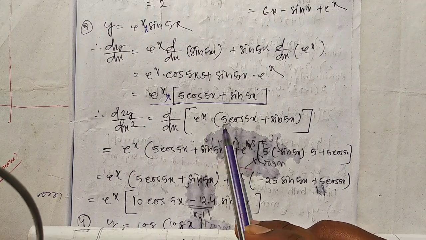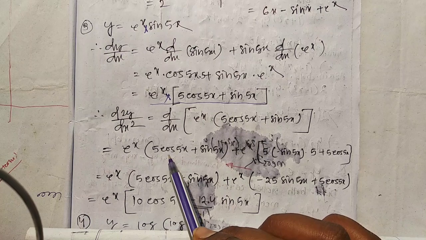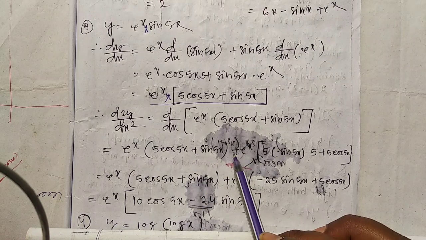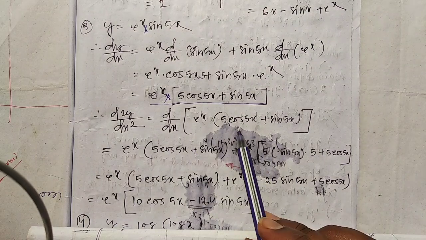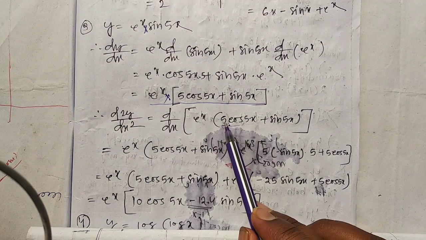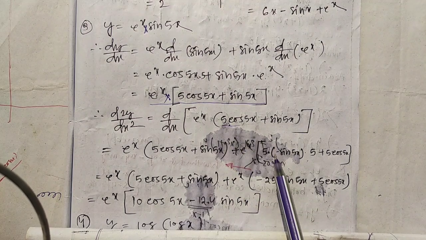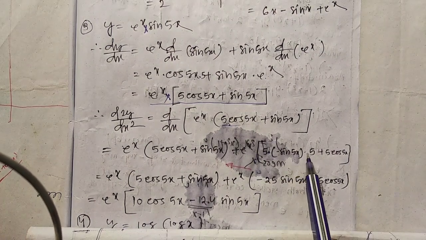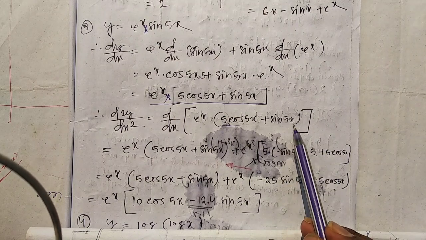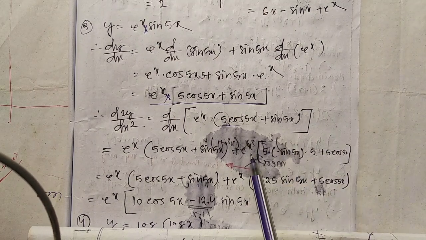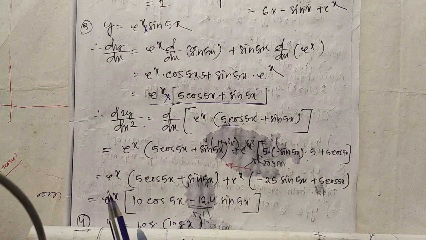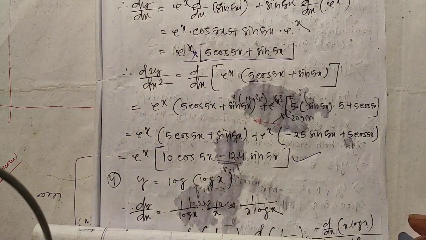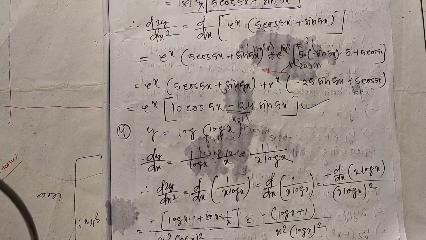Here I have done it differently. I have kept the second and differentiated the first. That is, e to the power x times the derivative of the second, plus e to the power x times the derivative of the first. Differentiating the first term, keep the 5 constant outside. The derivative of cos 5x will be minus sin 5x into 5 from chain rule. Again the derivative of sin 5x is 5 cos 5x. Getting? Here observe everyone, e to the power x is common, take common and on solving we will get this much answer. Getting everyone?